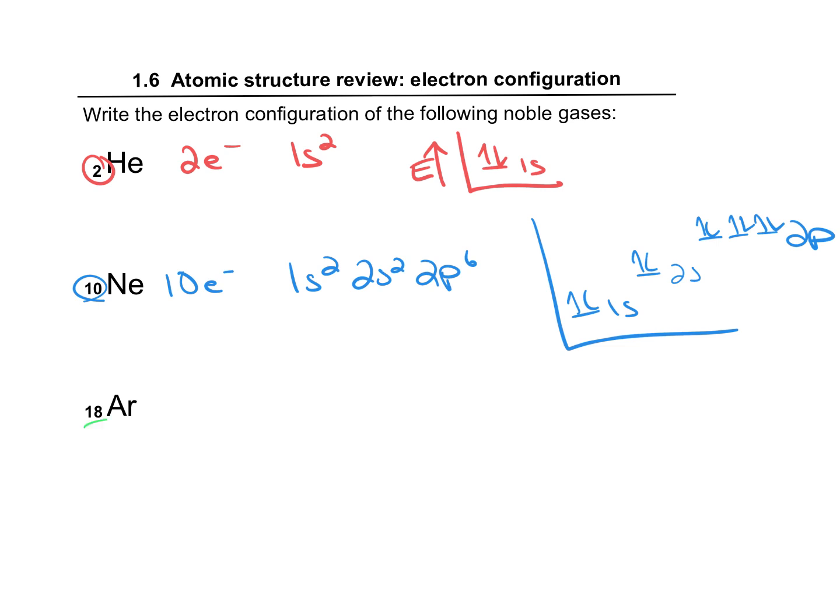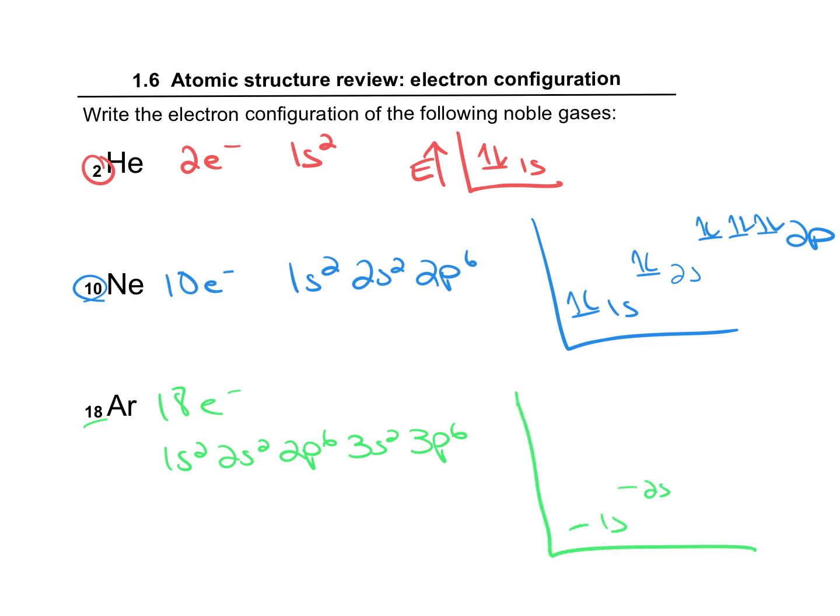And the third example, argon, we have 18 electrons. So 1s2, 2s2, 2p6, 3s2, 3p6. Here's our 1s, 2s, 2p, 3s, 3p. 1, 2, 3, 4, 5, 6, 7, 8, 9, 10, 11, 12, 13, 14, 15, 16, 17, and